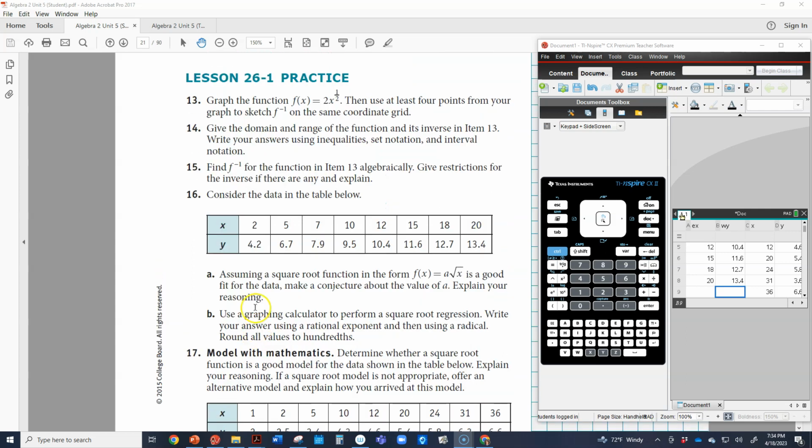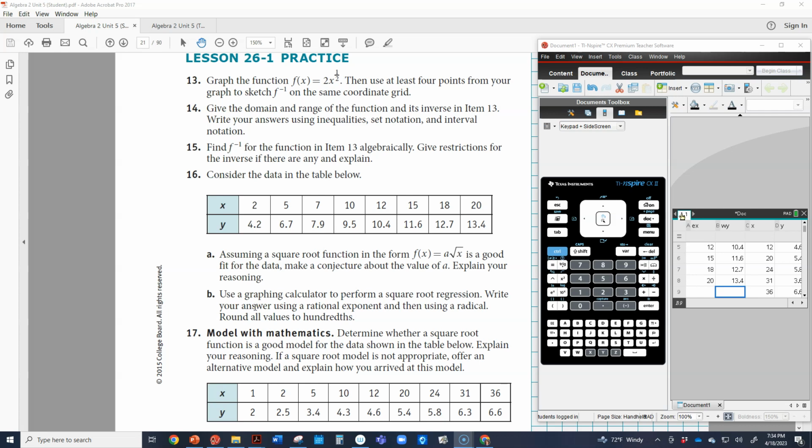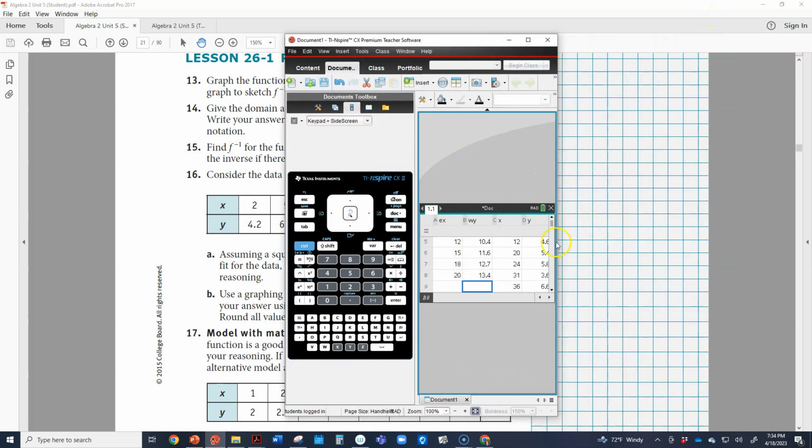All right, I'm on page 405 of your textbook, and we're going to be looking at doing regressions for square roots and cube roots. So I'm doing number 16 and number 17. I've already gone to a